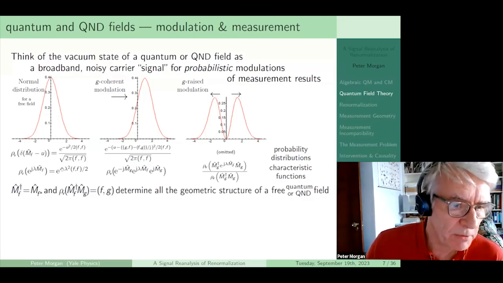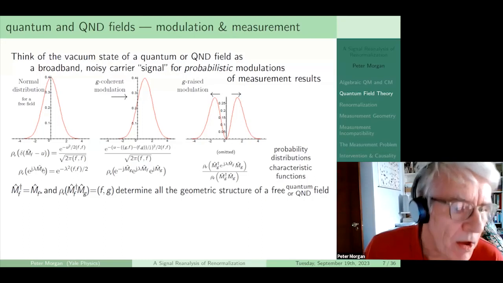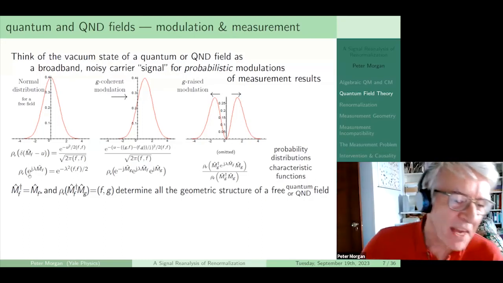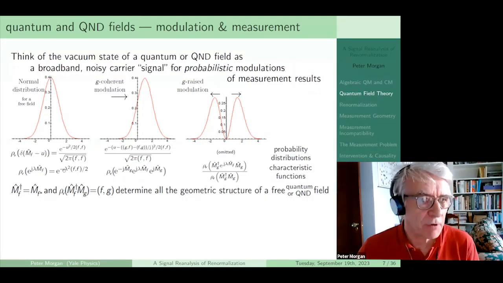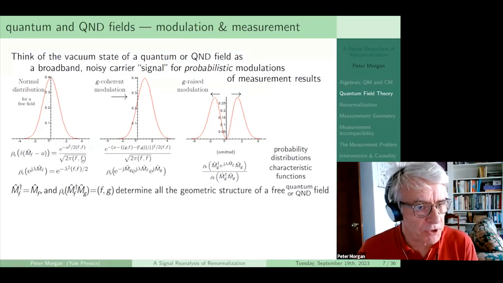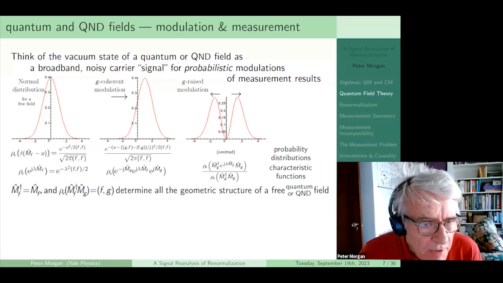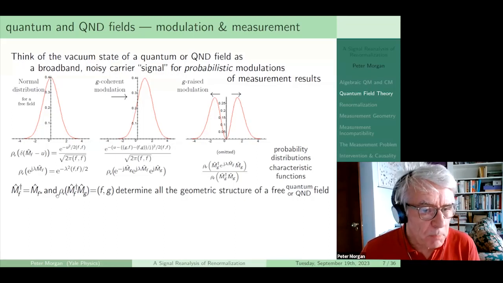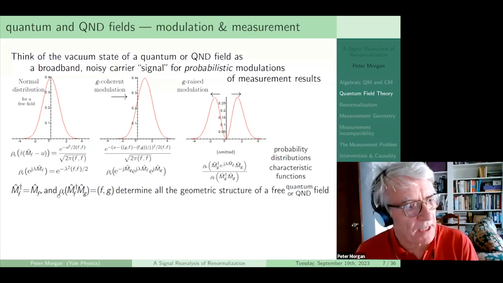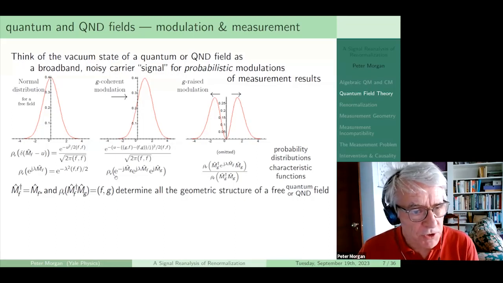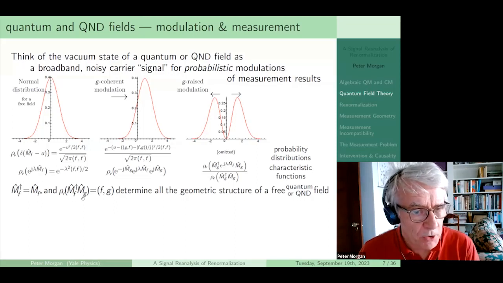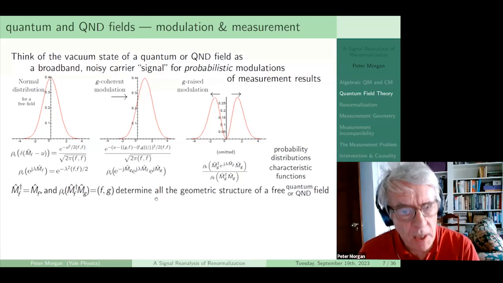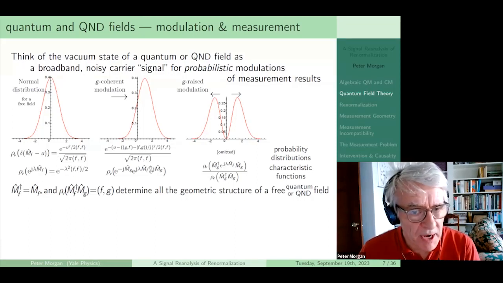So if we look at the vacuum state, we can take an F measurement generating operator to construct a characteristic function, which of course for the vacuum state for a free field is a Gaussian. We can take the inverse Fourier transform of that and obtain a probability distribution for those measurements. And this (F, F) is a pre-inner product, which is the smeared 2-point vacuum expectation value. And the other mathematical structure we have in here is the complex structure on the test function space. So those two things determine all the geometric structure, and much of this, however, is the algebraic structure.